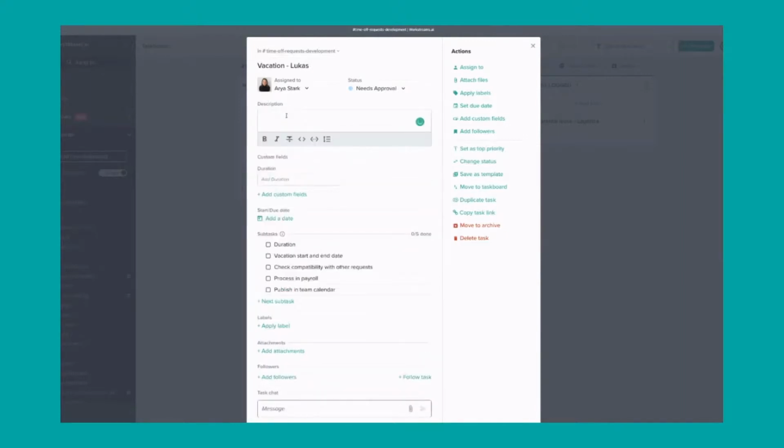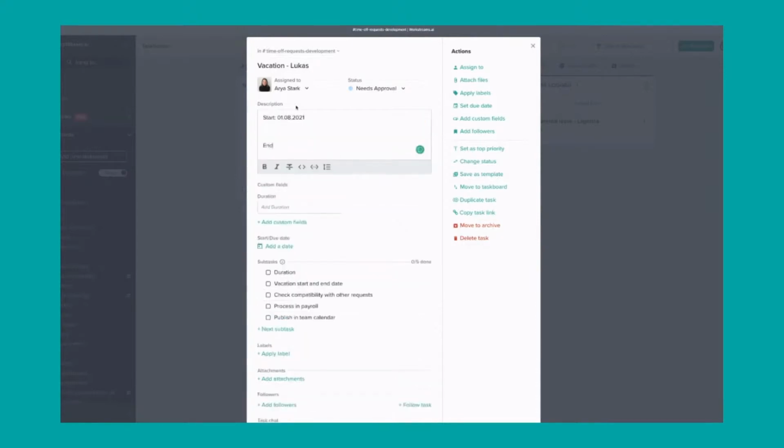And then I have to check here the vacation start and end date. So I would maybe start at the 2nd or let's say 1st of 2021. And then the end would be the 13th, or the 13th, 10th, 2021. Not exactly sure, but yeah, as you might notice, we have a quite small update to the task editor,